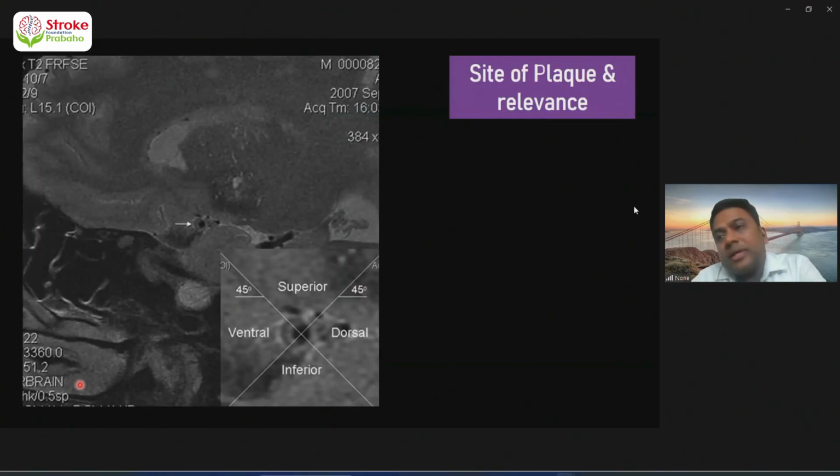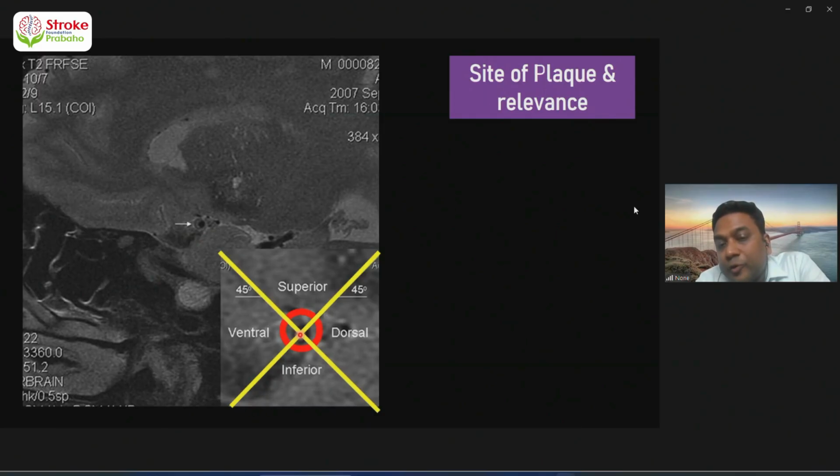Now, when you look at the vessel wall MRI, when we are planning, I'm coming to the imaging features in a moment, we need to know which wall of the artery is involved with the plaque. So look at this middle cerebral artery here. The middle cerebral artery can be divided into 4 quadrants: the ventral, the dorsal, the superior, and inferior. So depending upon which wall the plaque is, we will know what is the risk of a